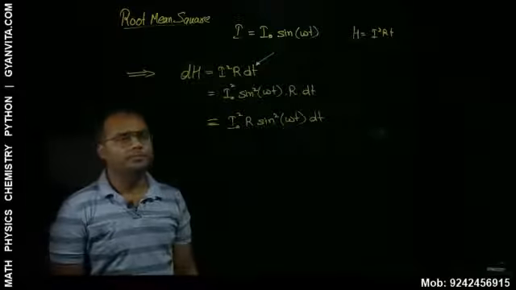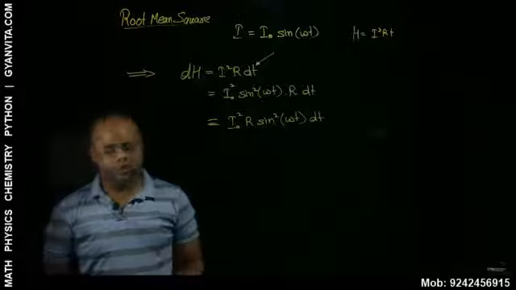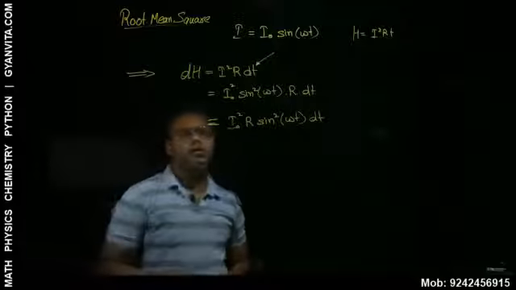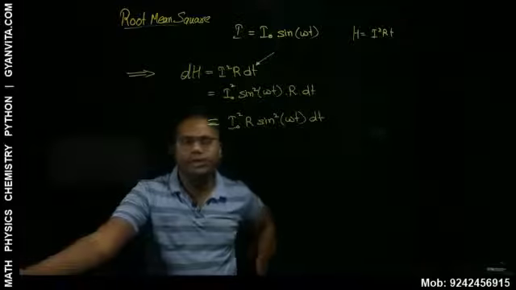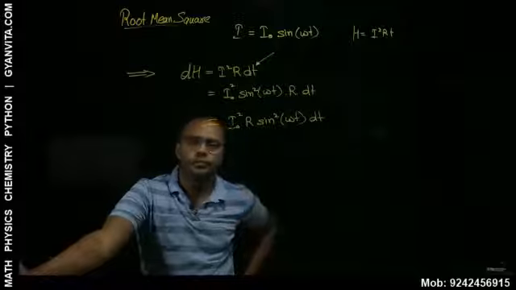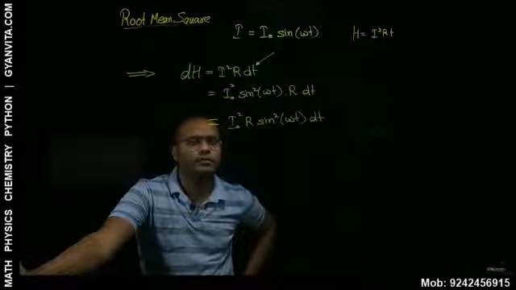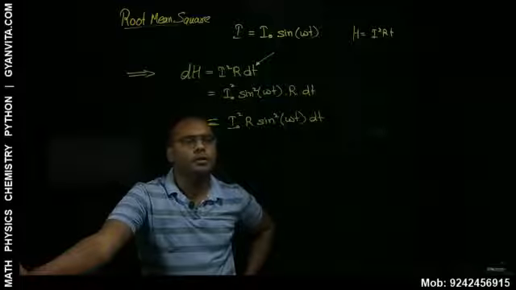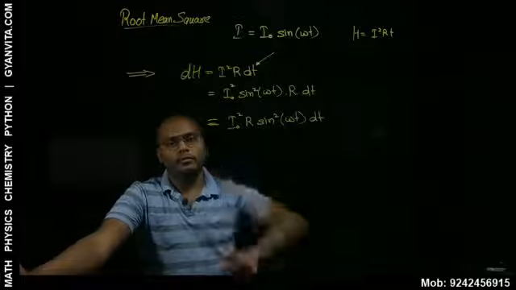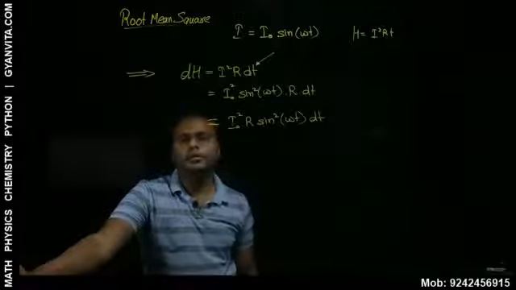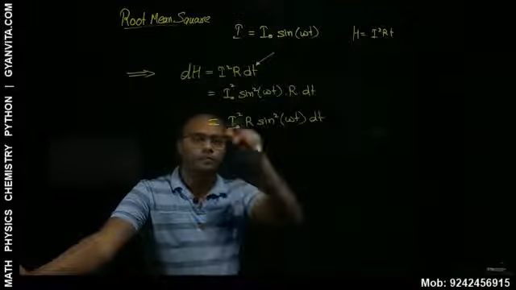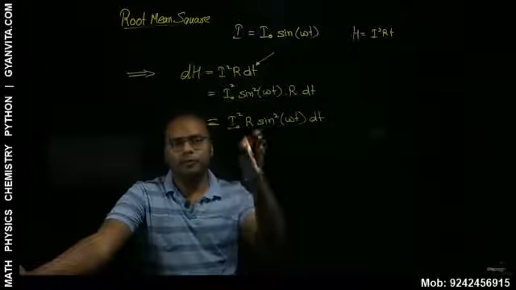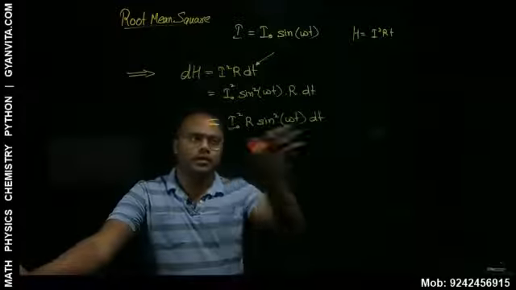This is clear, right? What we see here now, your sine term, whose integration was the problem earlier, right? Because integration of sine in one cycle will give you 0. But now you have sine square. Sine square won't be negative, it is square. So you keep on adding them, you will never get 0. That was the problem with sine. Sine was alternating its value, positive to negative, negative to positive. Now that is not the case.